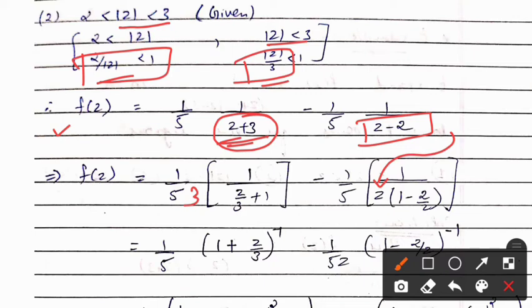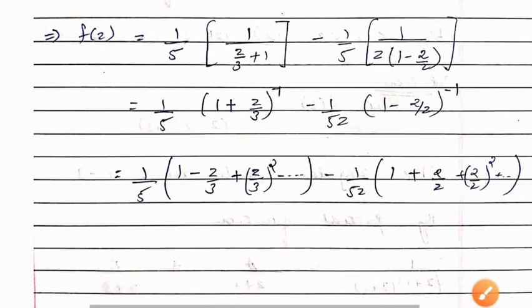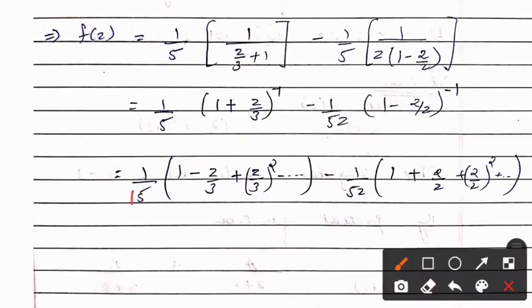Now again, here this 5 into 3 will become 15, because I am taking 3 common. Okay. And this I will take to the numerator portion. So I get 1 plus z by 3 inverse. Same way I will take this to the numerator portion. I will get 1 minus 2 by z inverse. Okay. Here this term is 15.